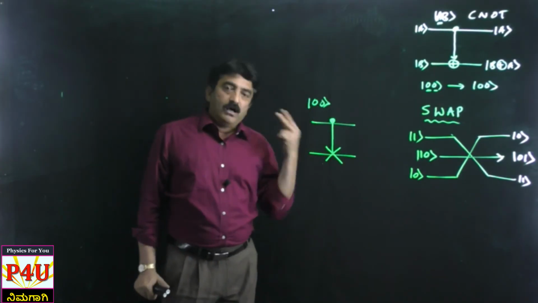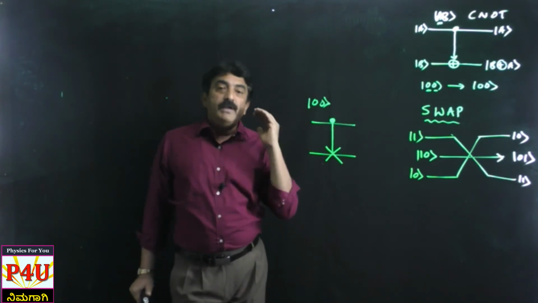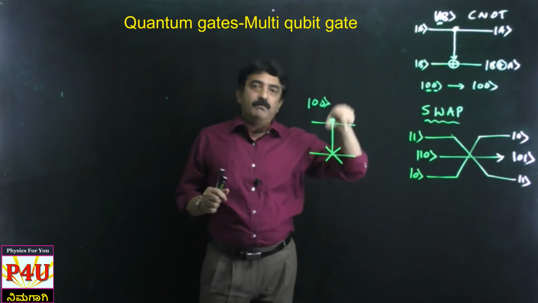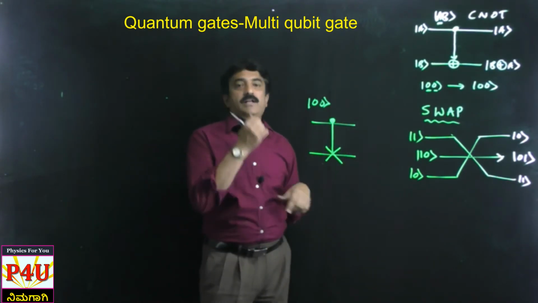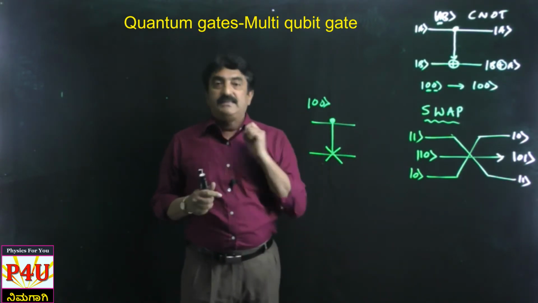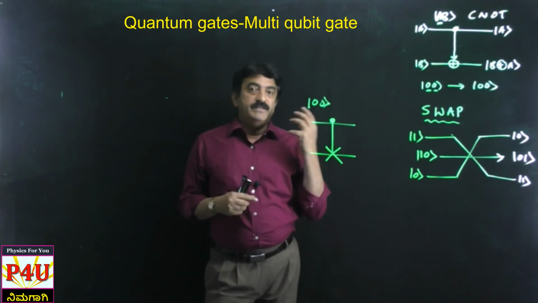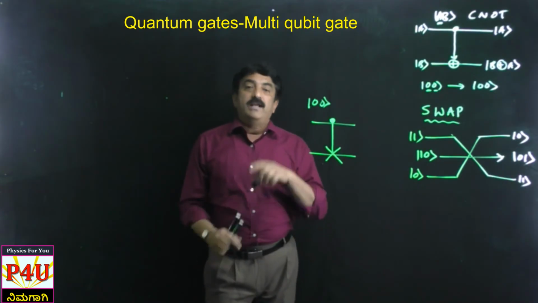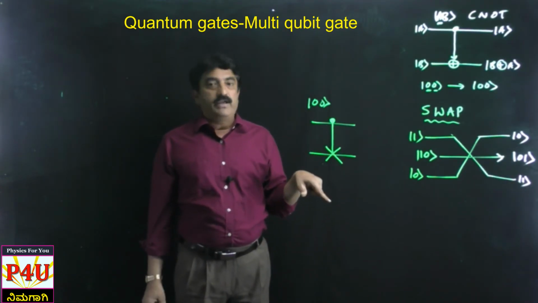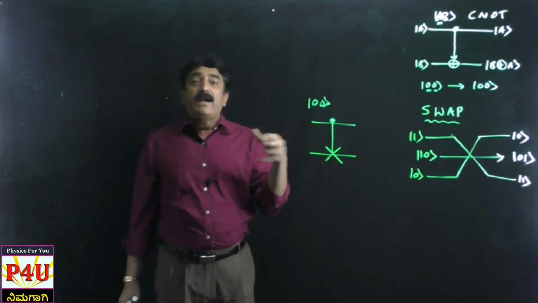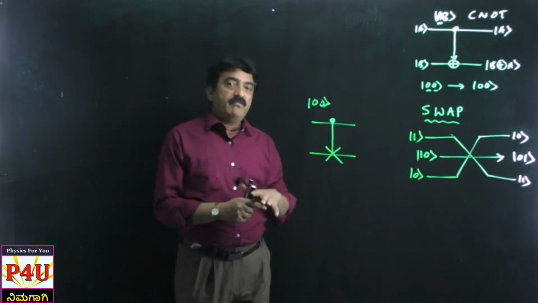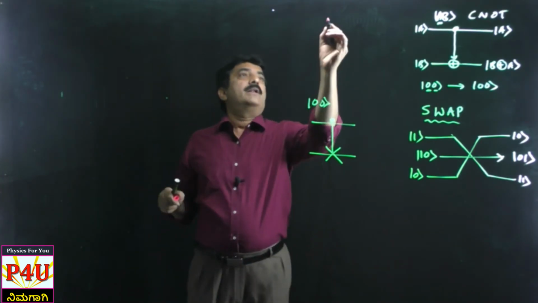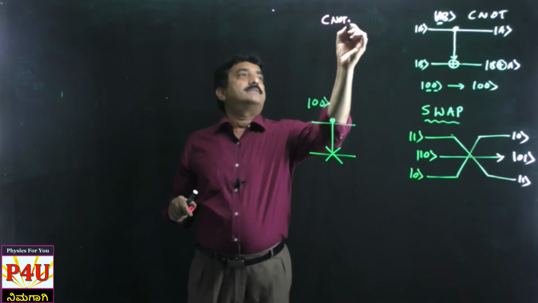Swap gate is almost equivalent to a combination of CNOT and X. That means CNOT can combine with X. Similarly, CNOT can combine with Y as well as Z. So CNOT, the controlled NOT gate, which is meant for multi-qubit, can act like a single qubit. This property we extend even for Z also,